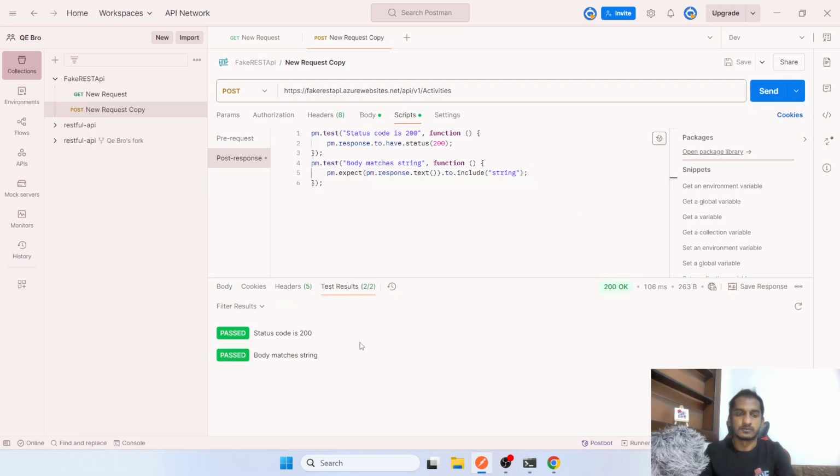Okay, those also will get passed. Now we have two requests here. I think that's enough for the time being. Then what we can do is, if you need to automate or schedule this to run automatically, so